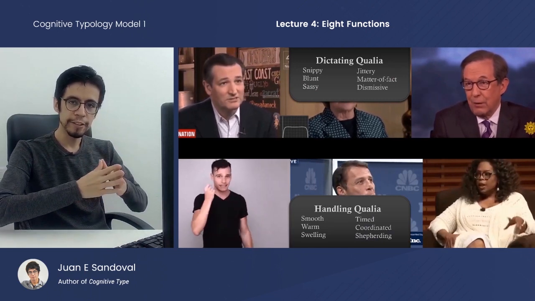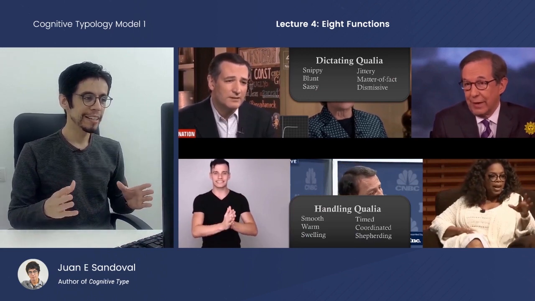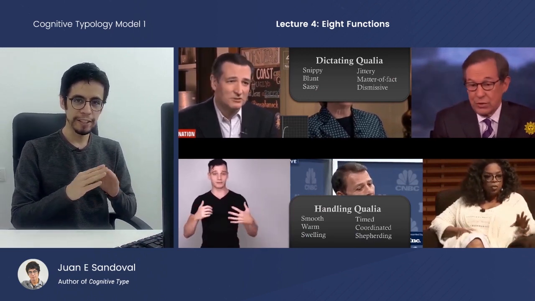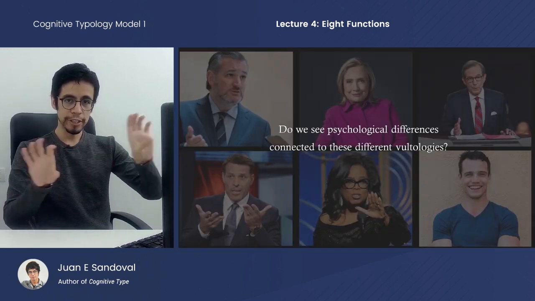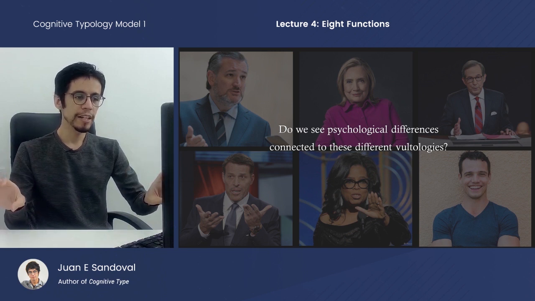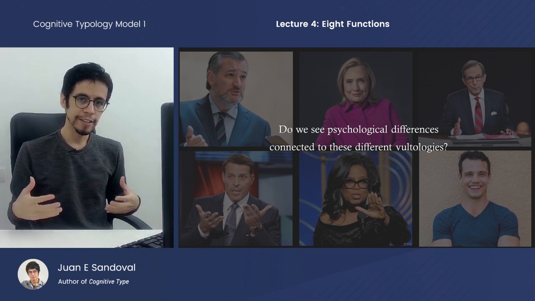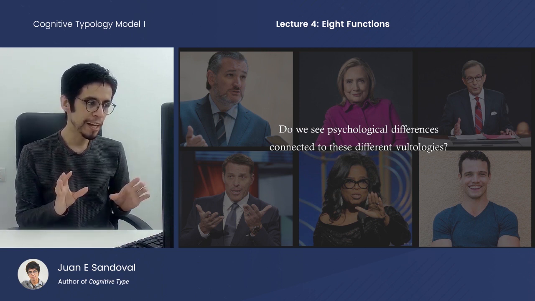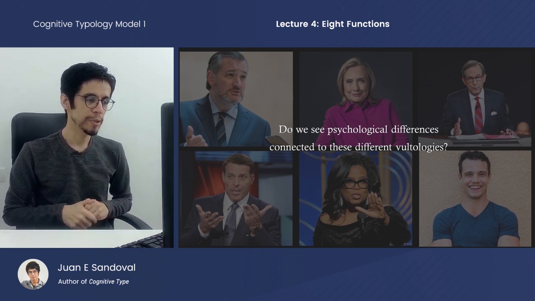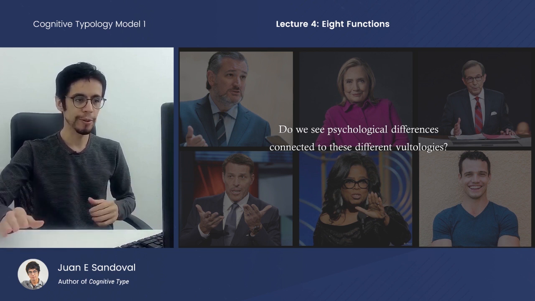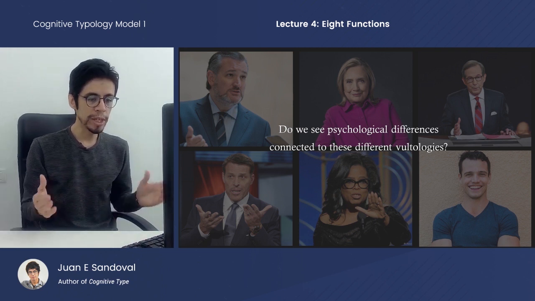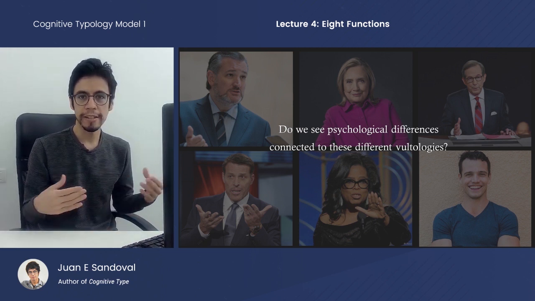What's more important is the literal vector movements involved in these two styles, which have a more exact terminology in the codifier, which we'll go through later. But for the time being, let's assume that we've already gone through the vector movements themselves and we understand the difference. Then we ask the next question: there are two Vultologically contrasted styles of JE, but does that say anything about the psychology of those who have a given style? We already got a hint of that from the samples we saw, but there are many more ways in which we can measure the differences between these two groups. But I'm just going to show you one dimension of difference here by looking at their books.